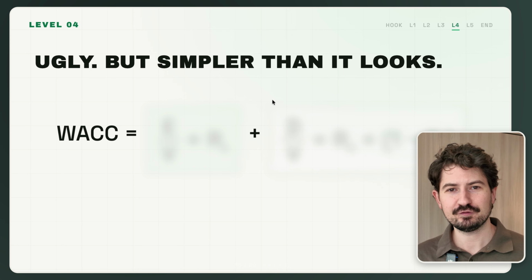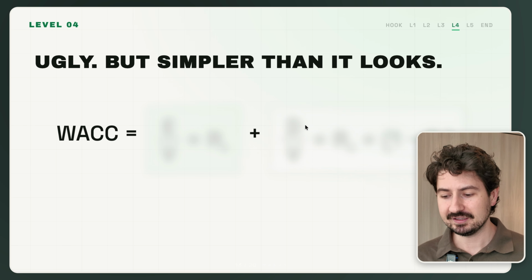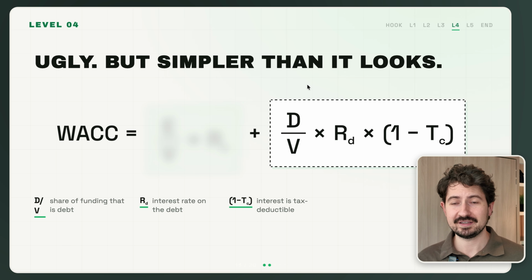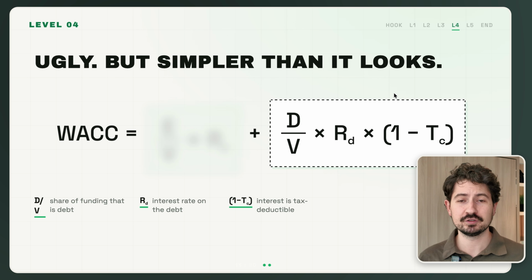Now, I'm going to show you the formula, and be prepared because it's a little bit ugly. But let's start with the cost of debt. What you're looking at here is actually what we already talked about in level 1. All you're doing is taking the proportion of the business that is funded by debt and multiplying it by the interest rate that they pay on that debt, and then you multiply that by the inversion of the tax rate. So that's maybe a little twist to what we talked about on number 1, but